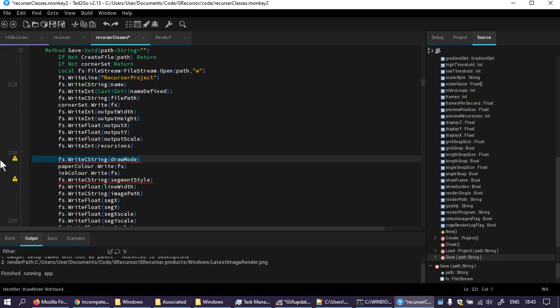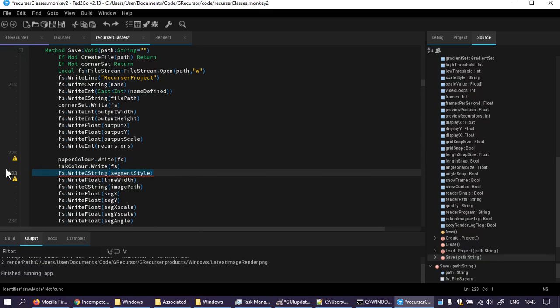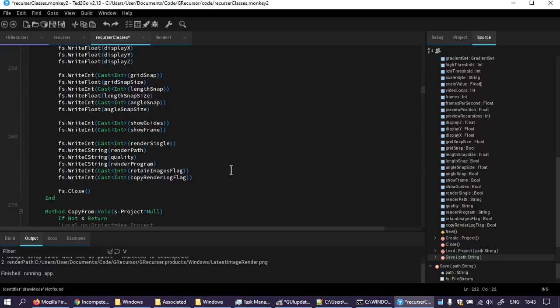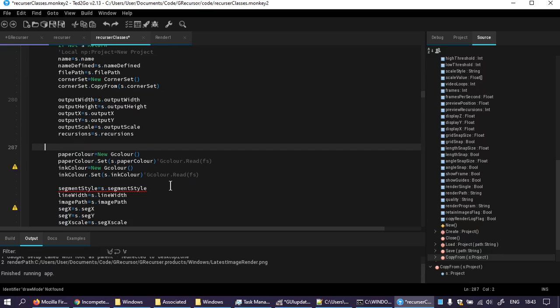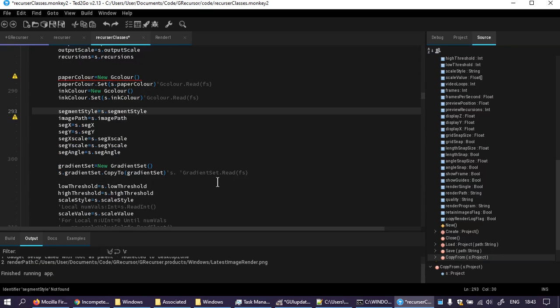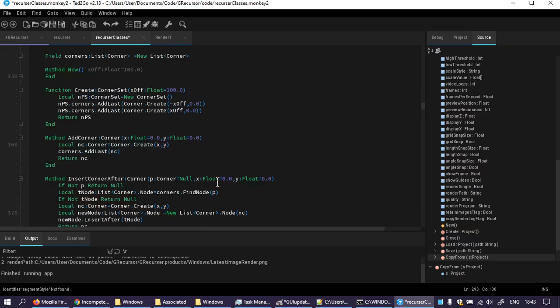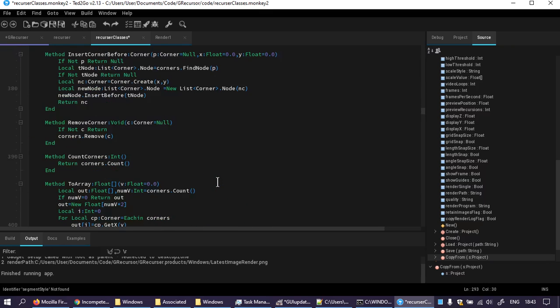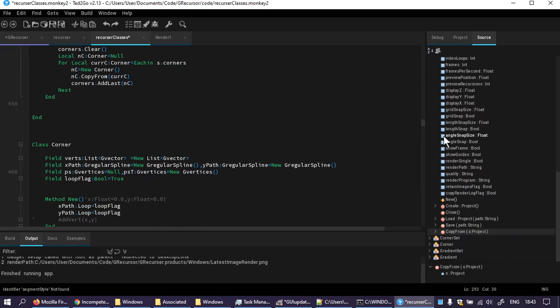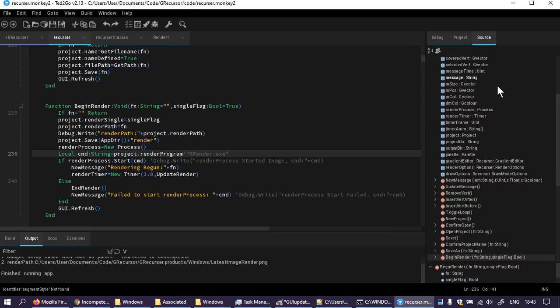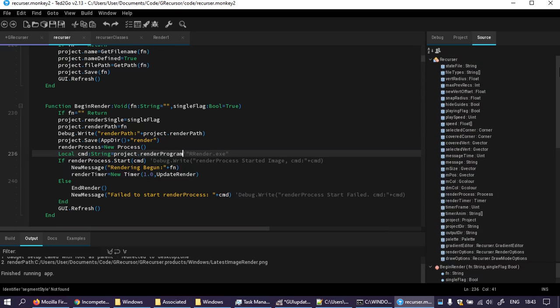And that and this are no more. Shouldn't, yeah, although I don't think anything else, no gradient, yeah, no, nothing else should be too affected. Now in the recurser,